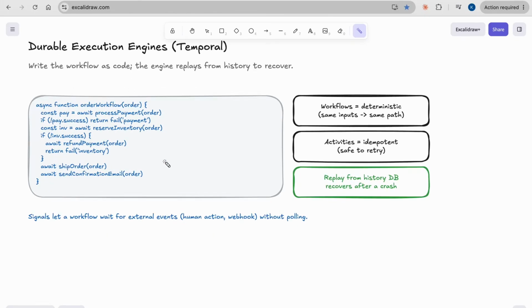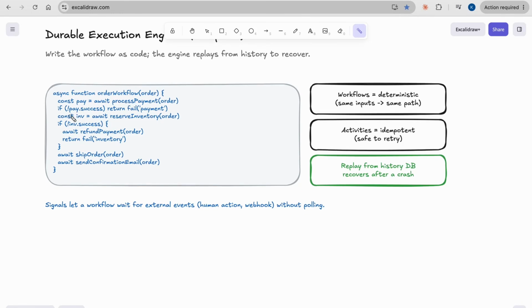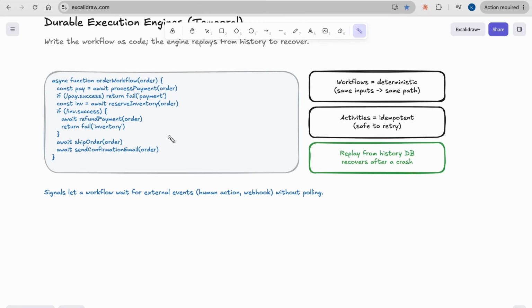Let's take an example, an order workflow. We start the process payment, it runs and its result lands in history. Then reserve inventory runs and its result lands in history. Then let's assume the server executing the workflow dies. Now what happens?